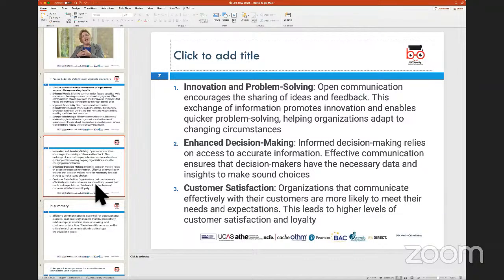In some cases, you also look at enhanced decision making. Now, this is coupled with the fact that if managers or supervisors delegate authority of decision making to people at different levels of the organization, then what you generally see is that communication tends to be key, wherein decision makers have the necessary data or the relevant information available to make sound decisions.